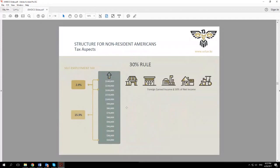Okay, so if you have a job, then your first $100,000 of salary from that job is foreign earned income, and you don't have to pay any U.S. income tax on that. But if you own a business, so if you were to just fire up an LLC and be a self-employed human owning an Amazon FBA business, then this nasty thing called the 30% rule